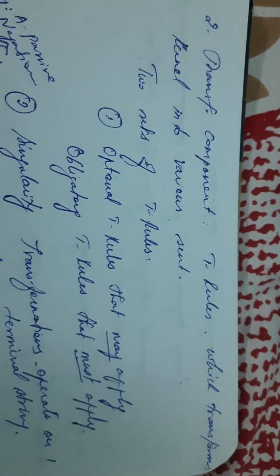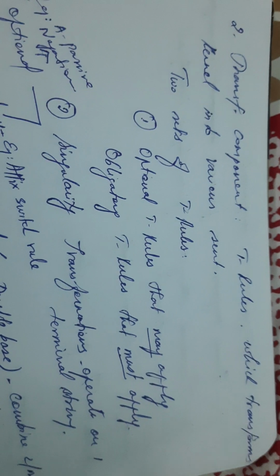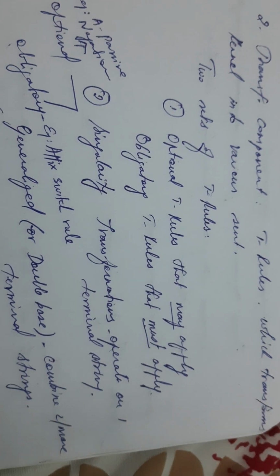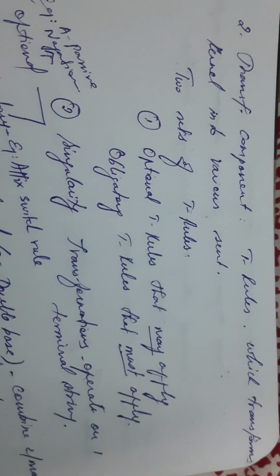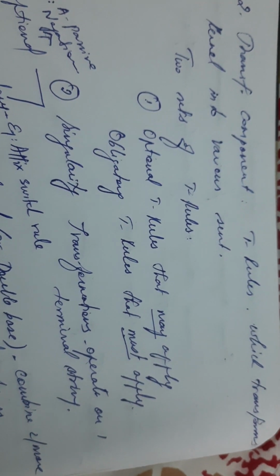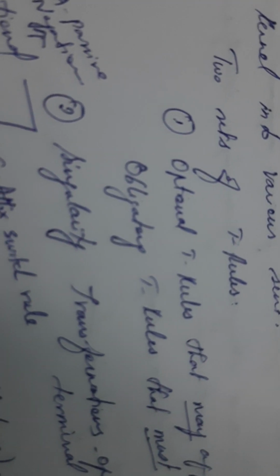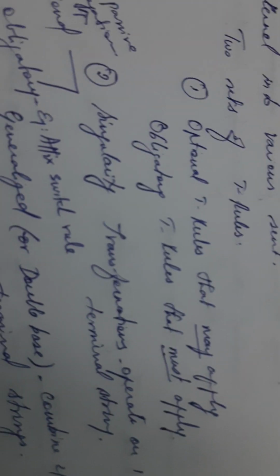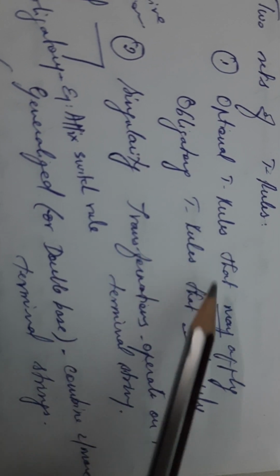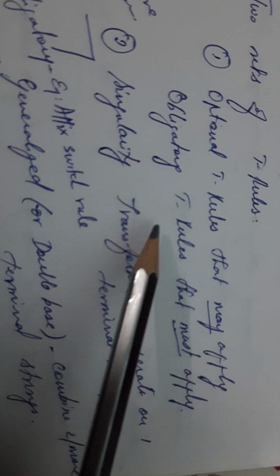Okay, and the second one that we are going to see is an optional component, that is the transformational component. So the transformational component is how we transform the kernel sentence into various forms. Okay, so we have already seen this in the previous section. Various rules can be applied to the kernel sentence in order to convert it into various other forms of sentences. Okay, so in order to derive sentences out of the kernel sentence, they are giving two sets of T rules. One is optional T rules that may apply, and the second is obligatory T rules